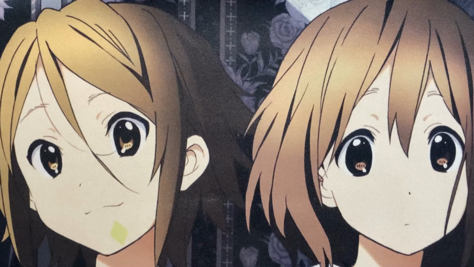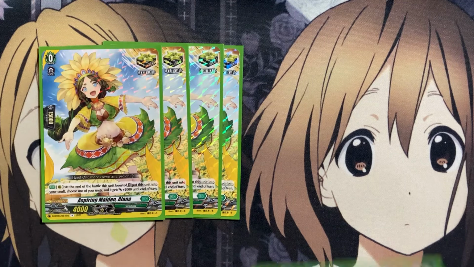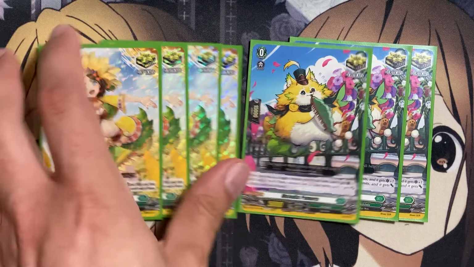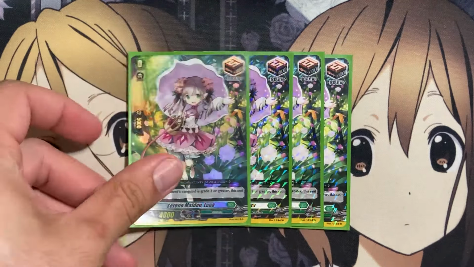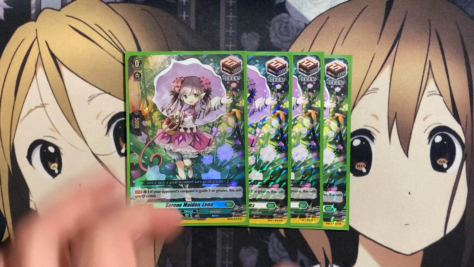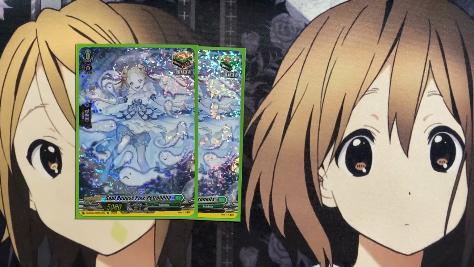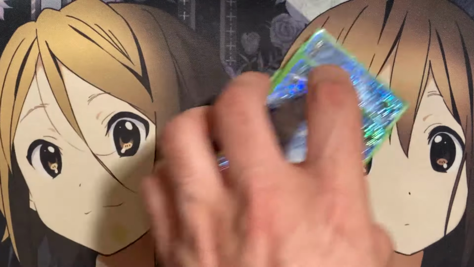For our trigger lineup, we're going with the 7 criticals, so the 4 copies of Aspiring Maiden Alana and the 3 copies of Melodia Pomera. For added pressure, I thought of running the front trigger for this next spot, but decided that hand consistency was kind of lacking in the deck, so 4 copies of Serene Maiden Lena, with our heals being the 2 copies of Soul Repose Pixie, the 1 copy of Narcissus Noble, and the 1 Fairy Asher, with our over trigger being